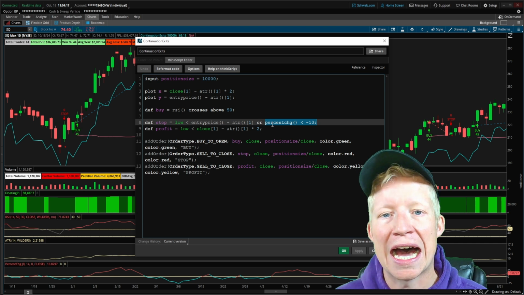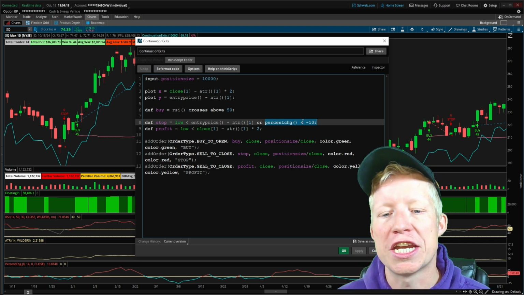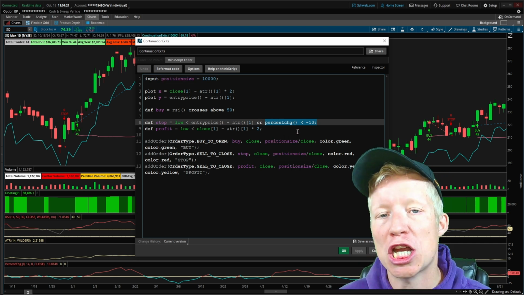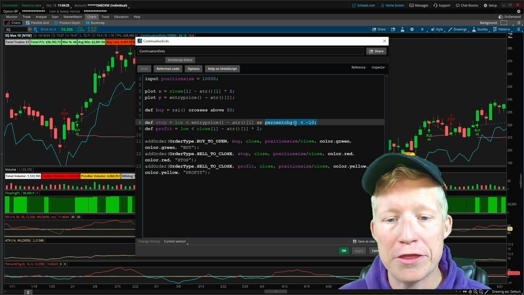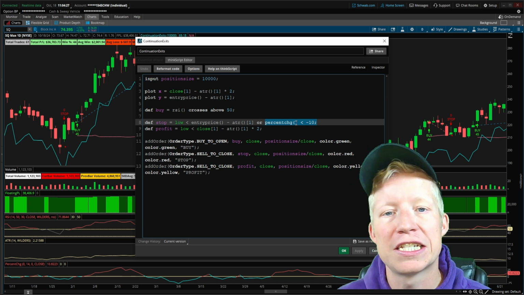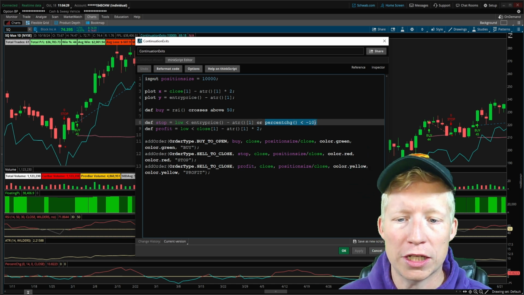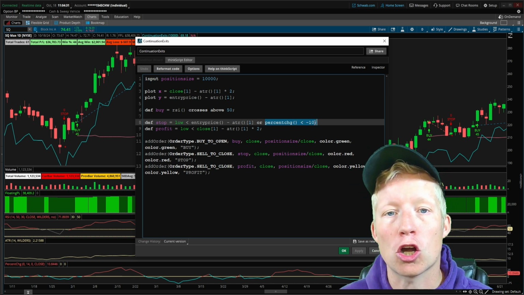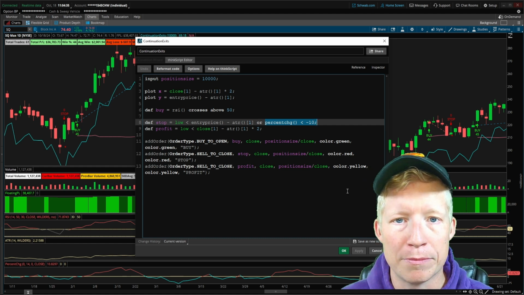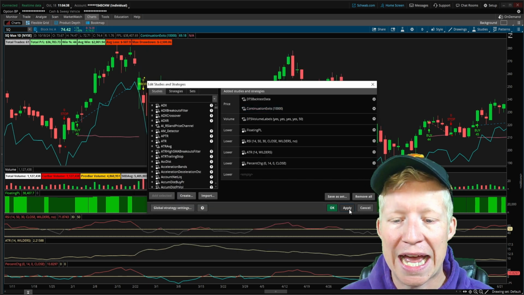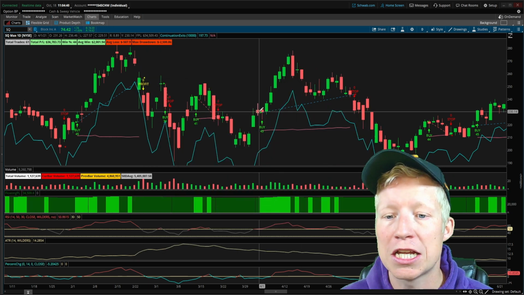The statement that I amended onto our condition here is that the percent change study is less than -10. The default length of the percent change study is 14. So what this is looking for is, hey, is the current bar closing 10% or less than it closed 14 bars ago? If we go ahead and back out of this, hit apply, back out of this, you will see